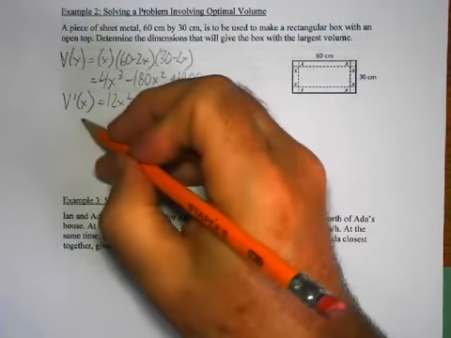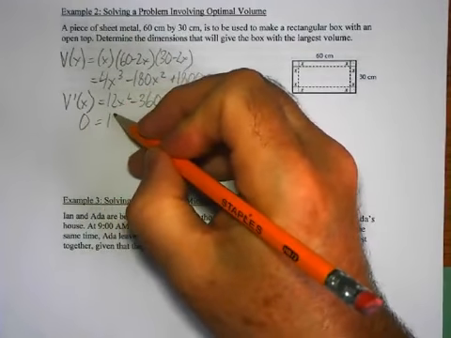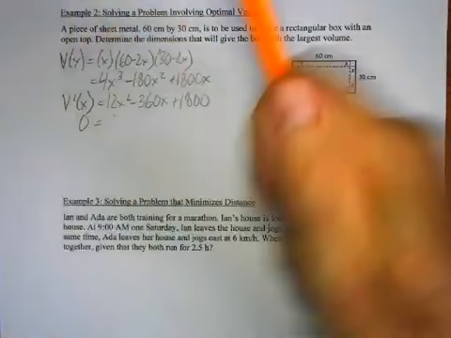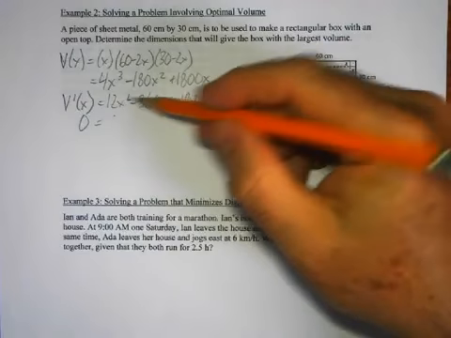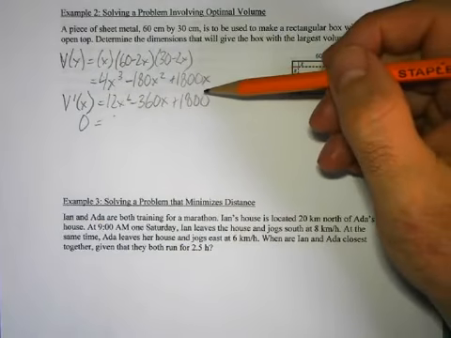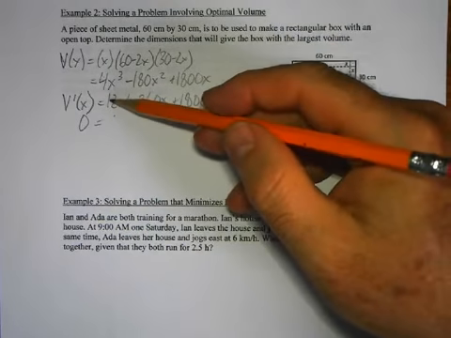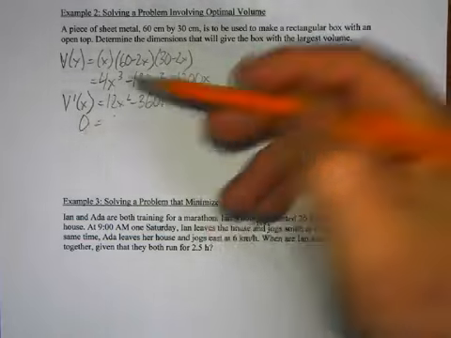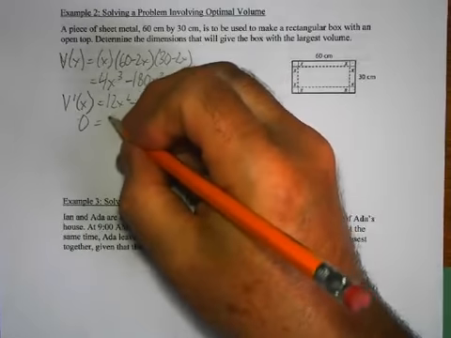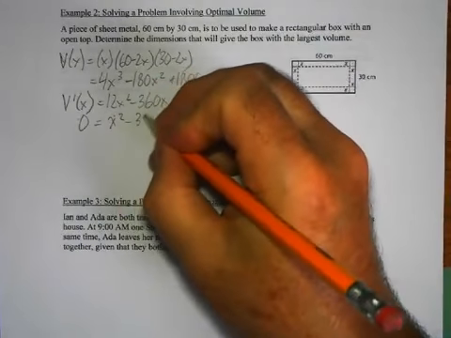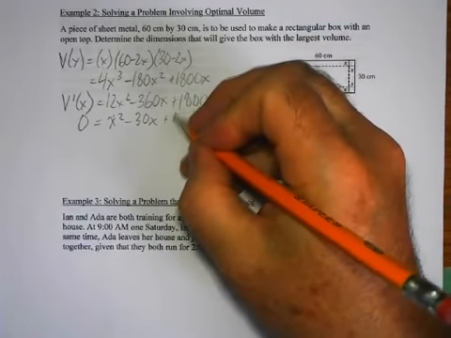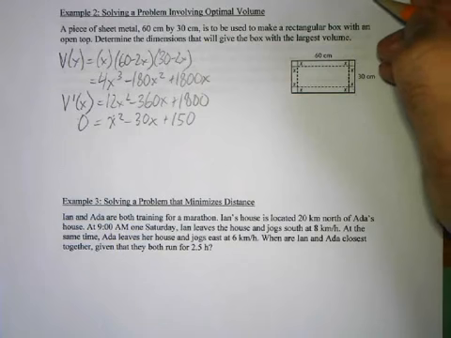And to find the critical points, set it to 0. Now, just to make it a little easier, we can actually factor out a 12 from both. And factoring out a constant is not going to change anything, because if I factor out the 12 and then divide both sides by 12, I still get 0 here, and I get the factored version without the 12. So that's a perfectly legitimate way of doing it. So if I factor out the 12, I get x squared minus 30x plus 150.